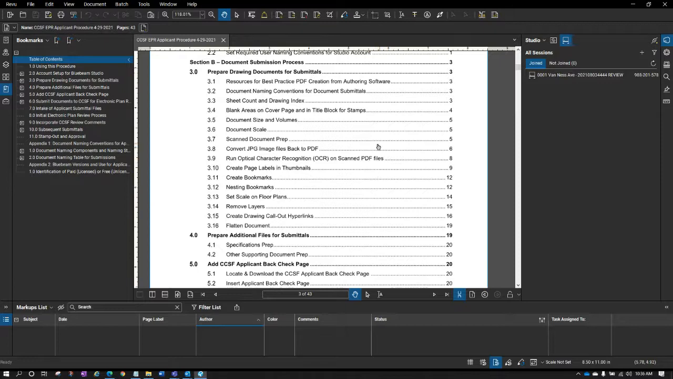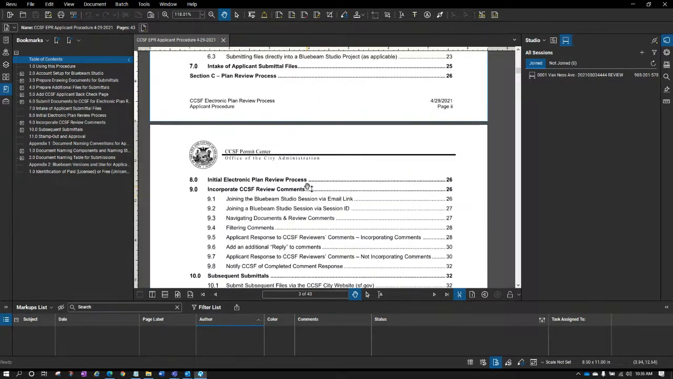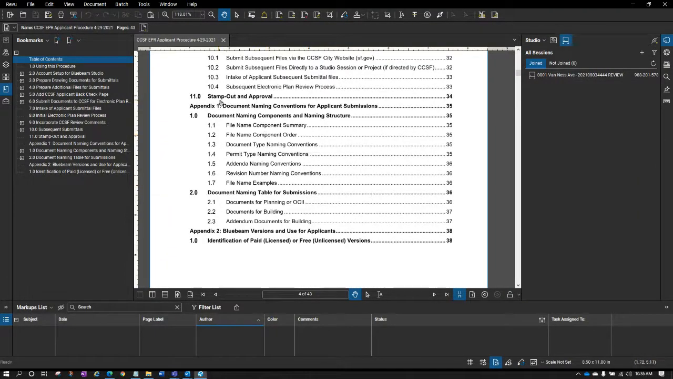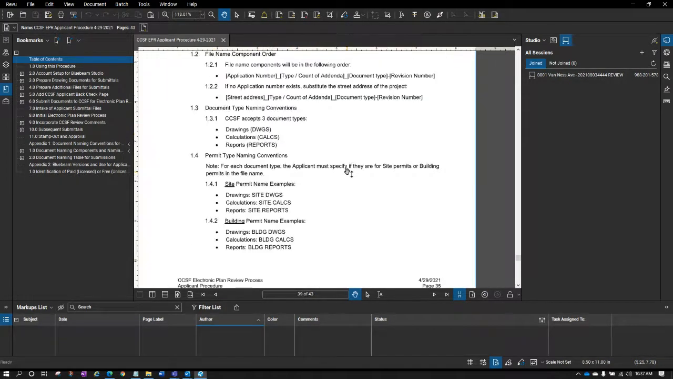You have a PDF set of drawings, and there are a whole bunch of steps here that we want you to cover. I'm going to cover 8 of these today, a whole bunch of steps that we feel are important. One of them is obviously naming, document naming conventions for document submittals. If you don't get the name right when you submit, that's going to be a problem right off the bat, right? So, in Appendix 1 at the bottom of this, there is a whole file naming component summary. There's a component